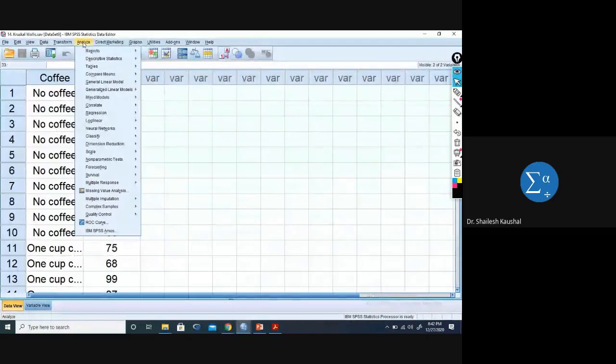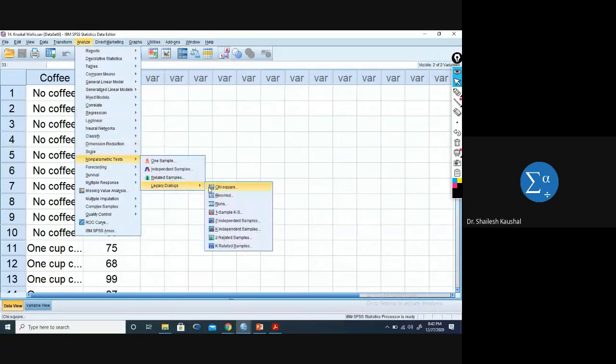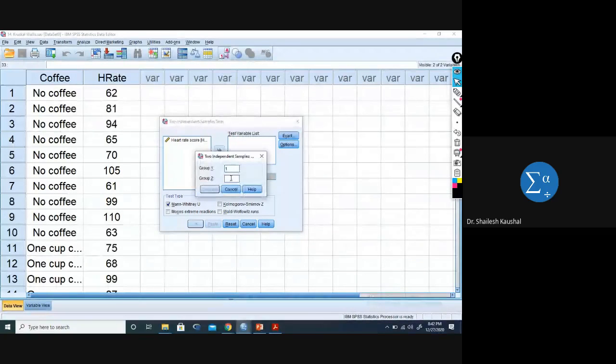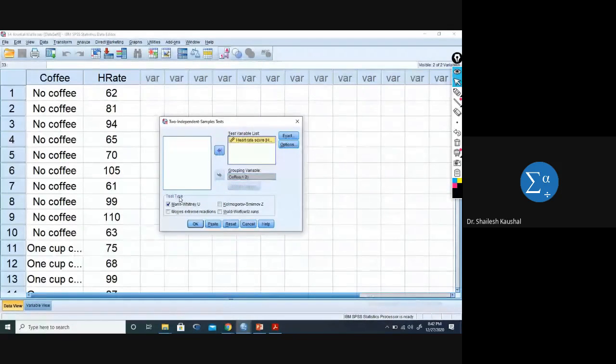Okay, so Analyze, non-parametric tests, legacy dialogs, 2 independent samples. Coffee consumption here means groups 1 and 2, meaning no cup coffee and 1 cup coffee. Then continue, then transfer heart rate score here. It is a simple Mann-Whitney test, the Mann-Whitney U test. And what is the result? The p value is